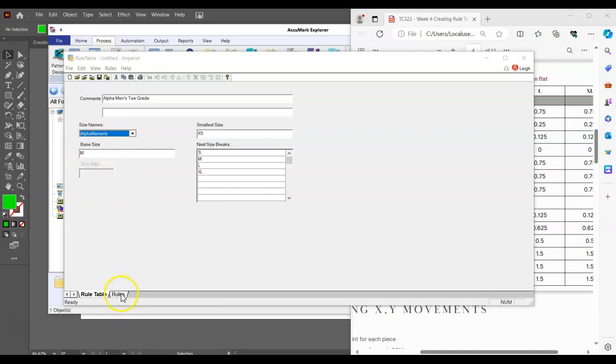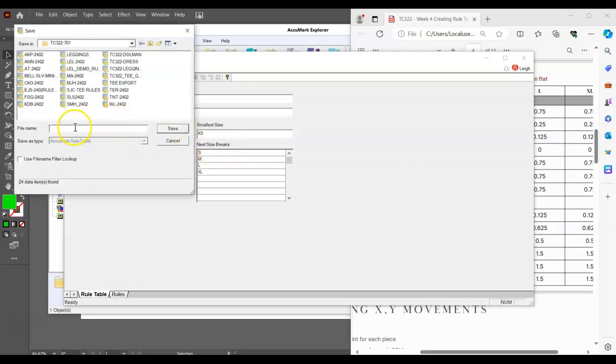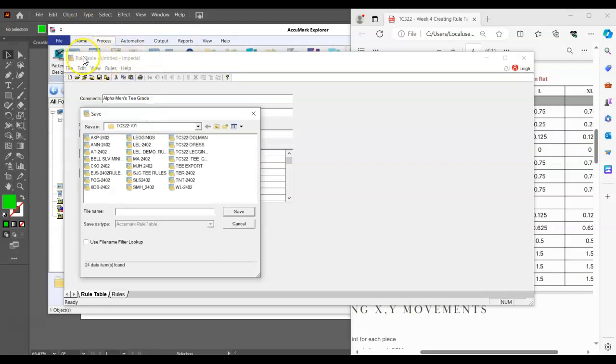Okay. So then now this is here. I'm going to go ahead and save this. Okay, and it's going to save as because it doesn't actually have, if you notice, it doesn't have a name yet and it doesn't have a storage area yet. So make sure you're in the storage area you want to be in. Okay, and you can go ahead and name this